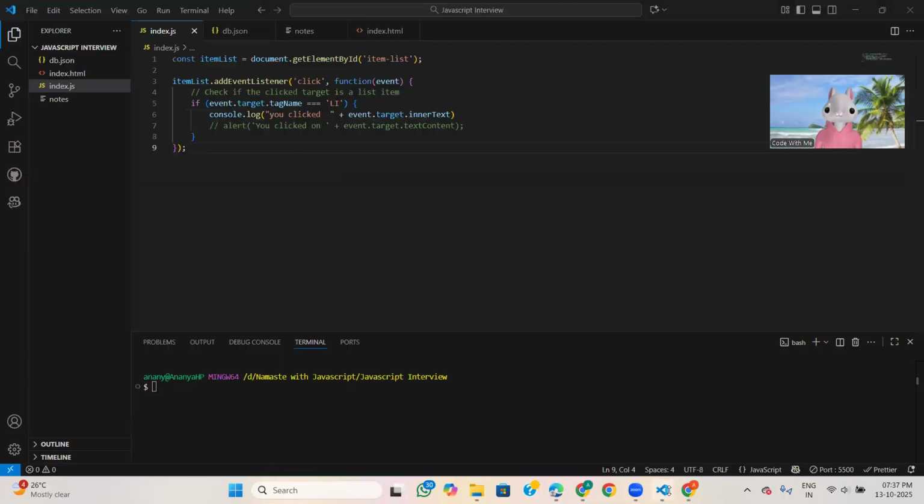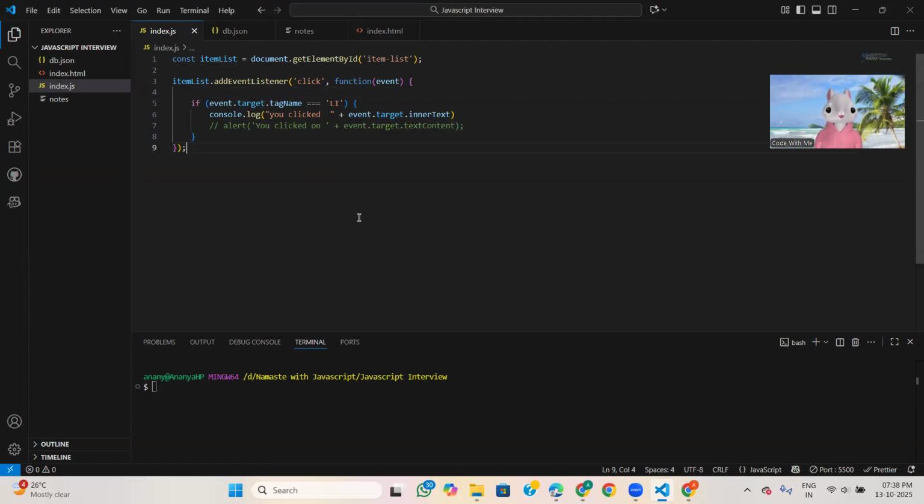So here what we have done: instead of writing code for each element, we take that parent element, and from that parent element we check which child got clicked, and that parent will perform the operation.